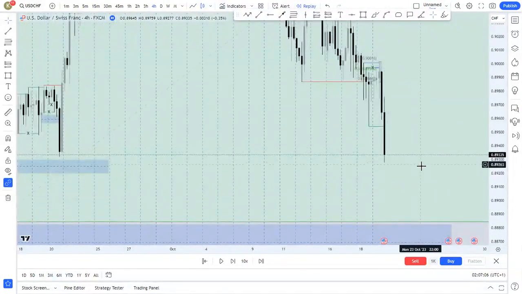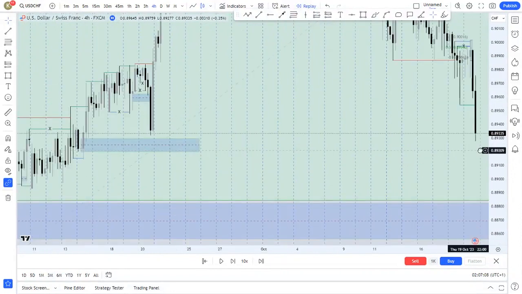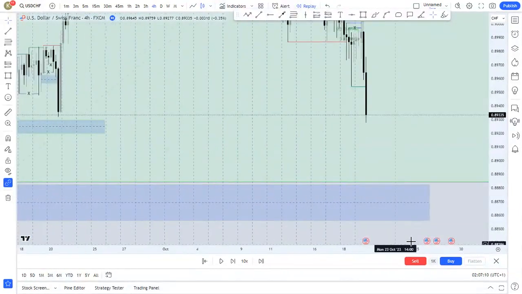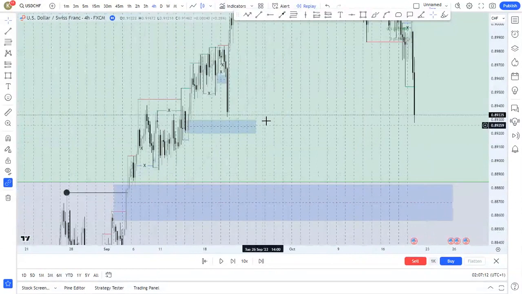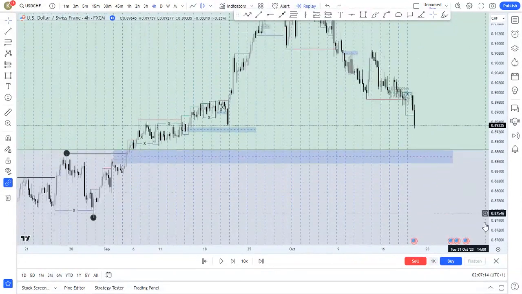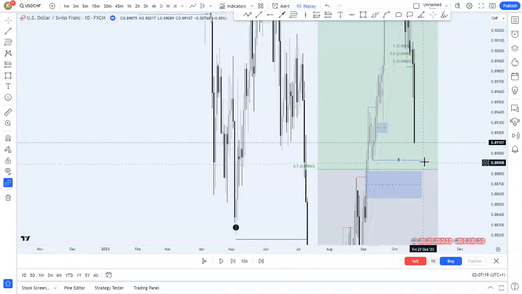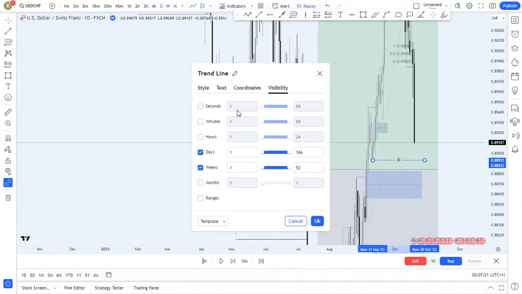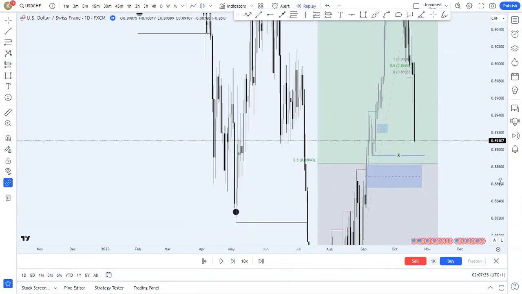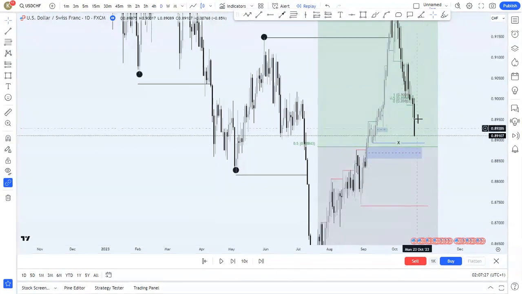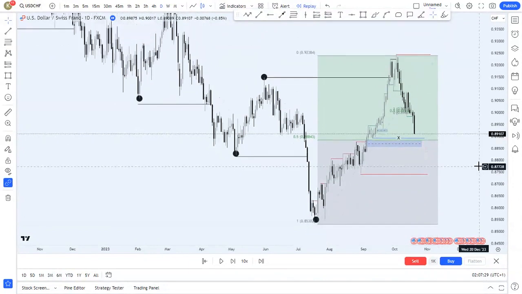Okay, the objective got met that day, which is okay. No, not yet. I'm looking for the daily objective. The daily objective that I drew, this blue line, so I'll make it visible on the 4 hour too. This blue line is the objective I'm expecting that any potential sweep can lead to a reversal for price to go up, because now